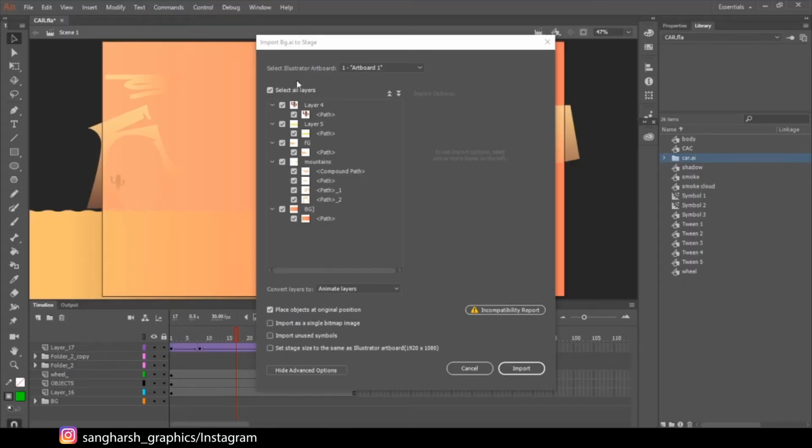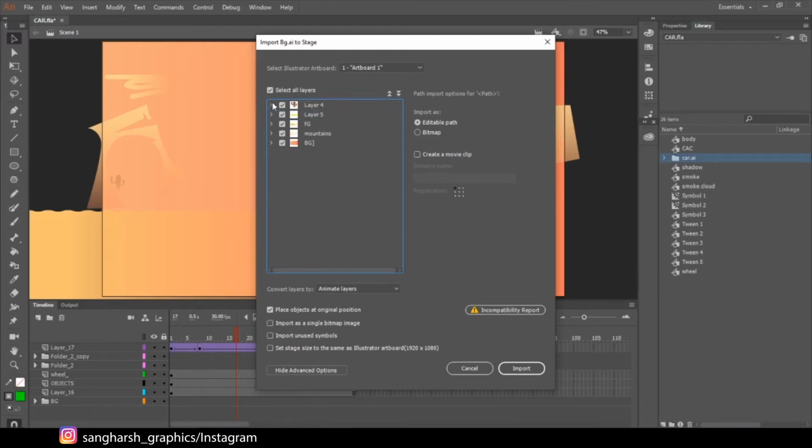Like this. As you can see, you can select which layers you want. It will create each of the paths also differently, so it's up to you how many layers you want. That's why we created different objects on different layers, so you can get them separately, like these 4 different layers.